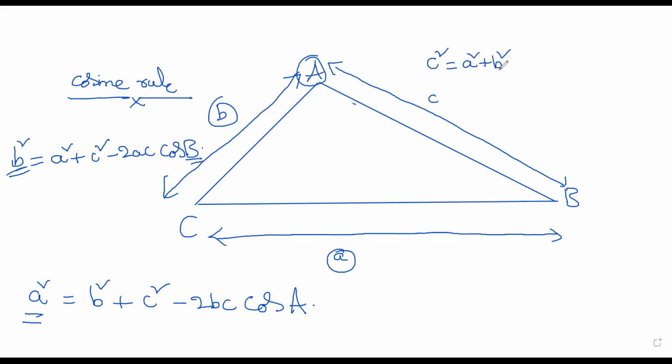So if C is coming, A and D will come minus 2AB once again. And again, here you want C square, so angle C will come over here. That is cosine C. Like this, one can remember this technique of how to write the cosine rule. This is one of the ways, and if you have your own methods, you can remember.